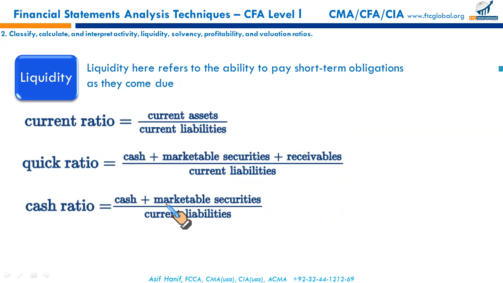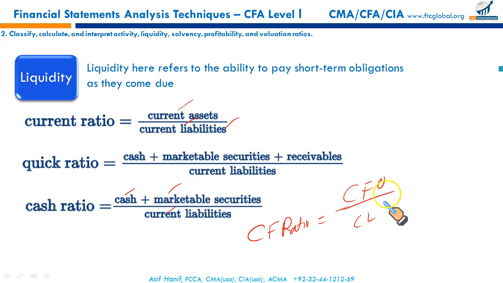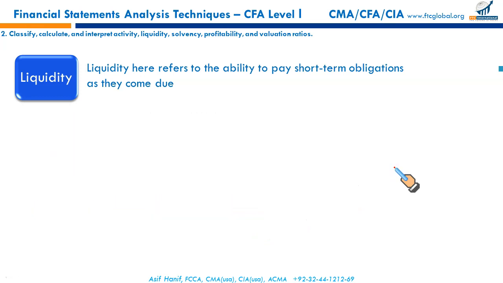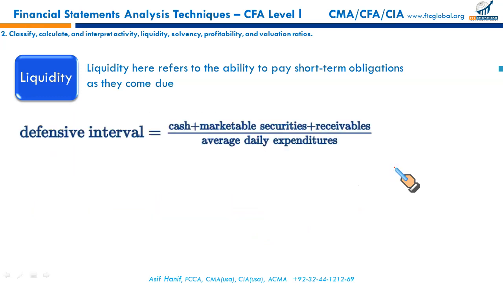There is one more ratio not given here but I would like to discuss, called the cash flow ratio. It is cash flow from operations divided by current liabilities. It's a more meaningful liquidity measure because these are all static numbers on the balance sheet date, whereas cash flow from operations is the cash generated by operations. It is what fraction of current liabilities. It measures quite reasonably the ability of a business to pay cash to settle the current liabilities out of operating cash flows. It's a more dynamic ratio. So this is one of the liquidity ratios as well. Then defensive interval.